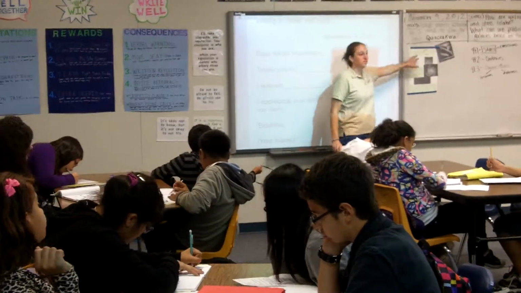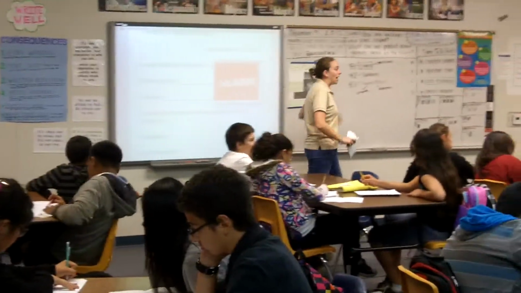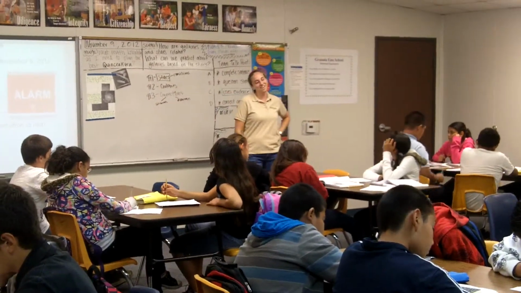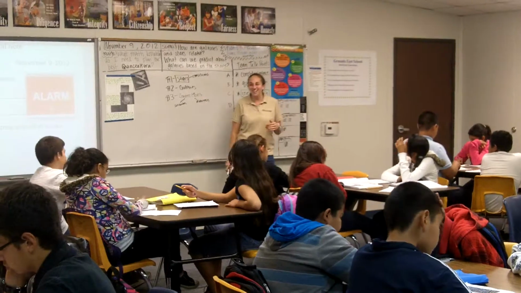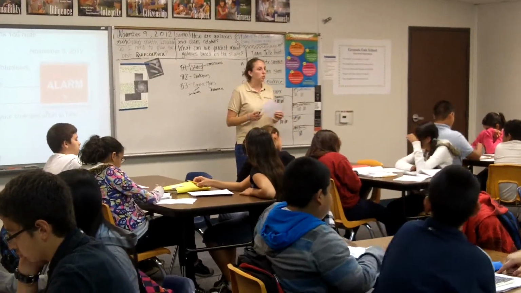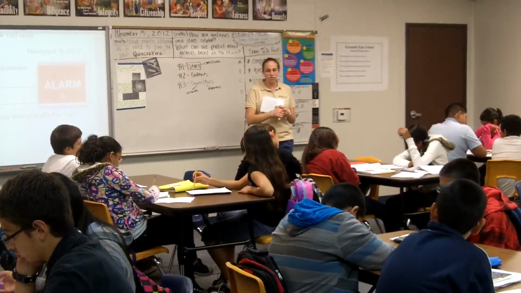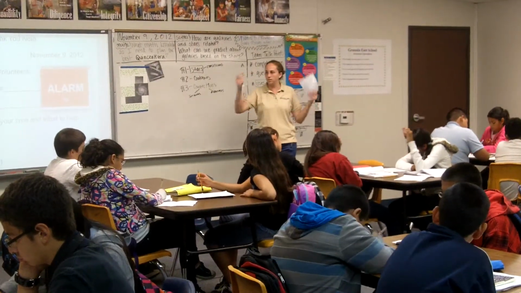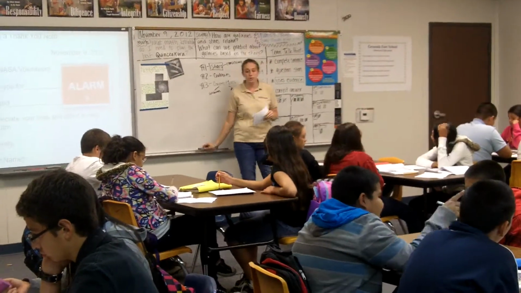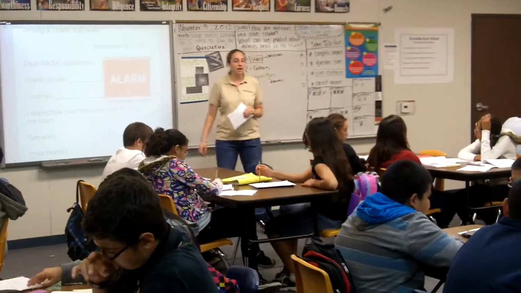So I used examples, descriptions. I could say the closest sun to Earth, or wow, I just gave it away. The closest star to Earth is the sun. That could be another sentence I could say. So we're going to take 5 minutes. I want you guys to just brainstorm, just write whatever comes to mind of everything you learned about stars from our NASA experience. I'll start our timer for 5 minutes.